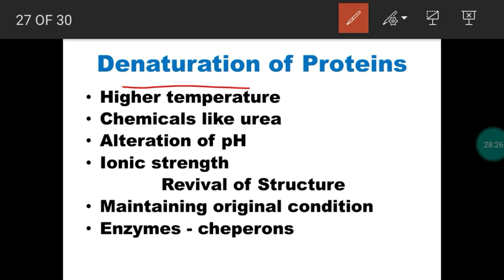No change in primary structure means the same amino acids are joined together in a polypeptide chain. Just that the folding in 3 dimensions will be disturbed. So completely that folding is lost. So it has lost its 3-dimensional arrangement. So a protein will lose the 3-dimensional arrangement without any change in the primary structure. So we call the process denaturation.